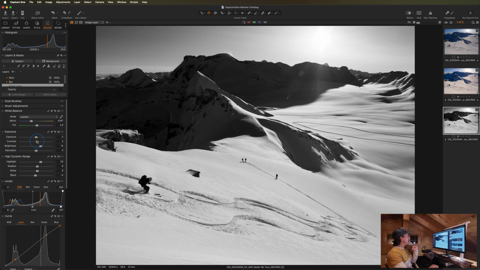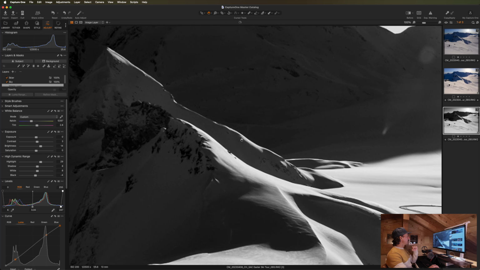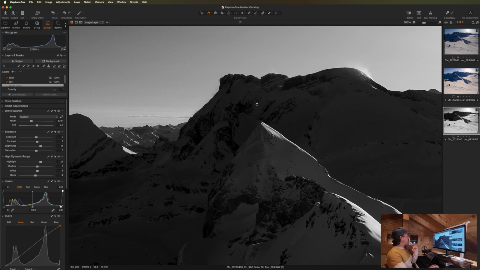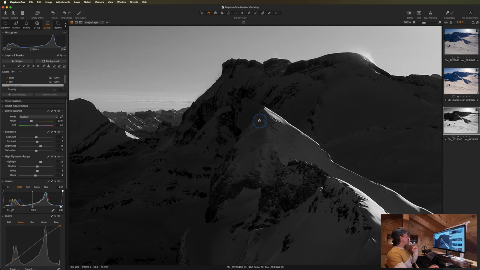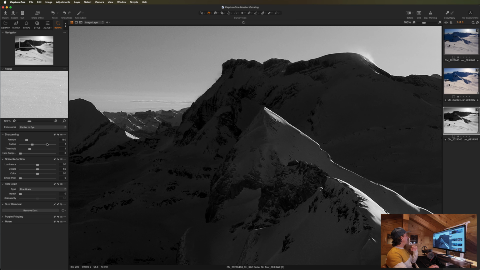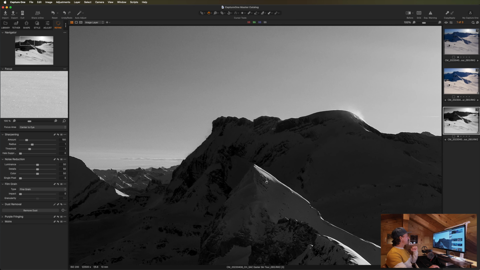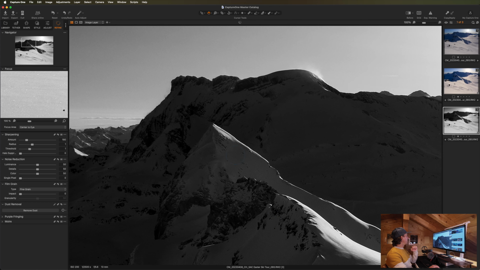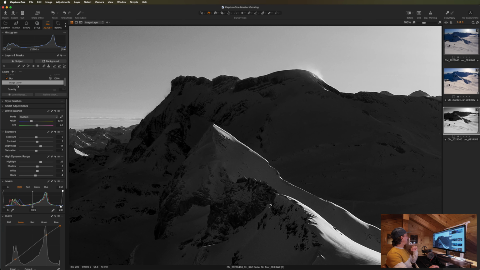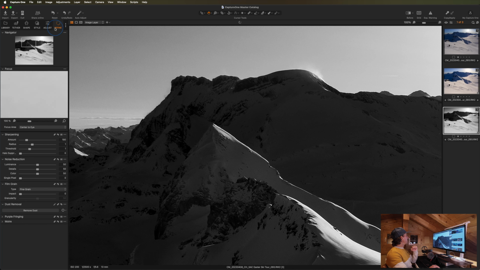Increase the contrast ever so slightly as well. And the last adjustment we're going to do is grain, as I always do for the black and white images. So not a lot of noise in this image, just some subtle noise, but it's complementary in my opinion. So grain in Capture One is under the refinement or refine module, and that unfortunately can also not be added to a layer. So you have to add it to the base layer or to the image layer. So refine, film grain, and